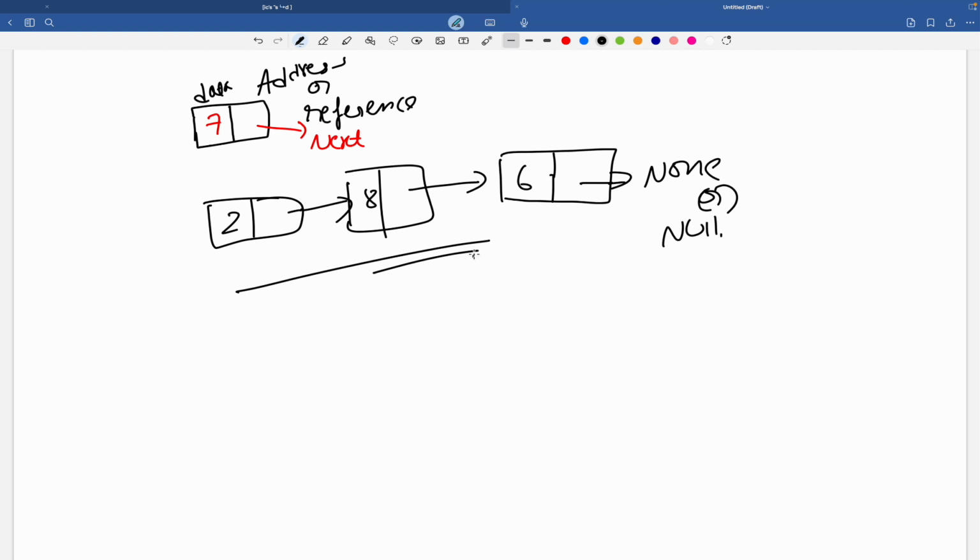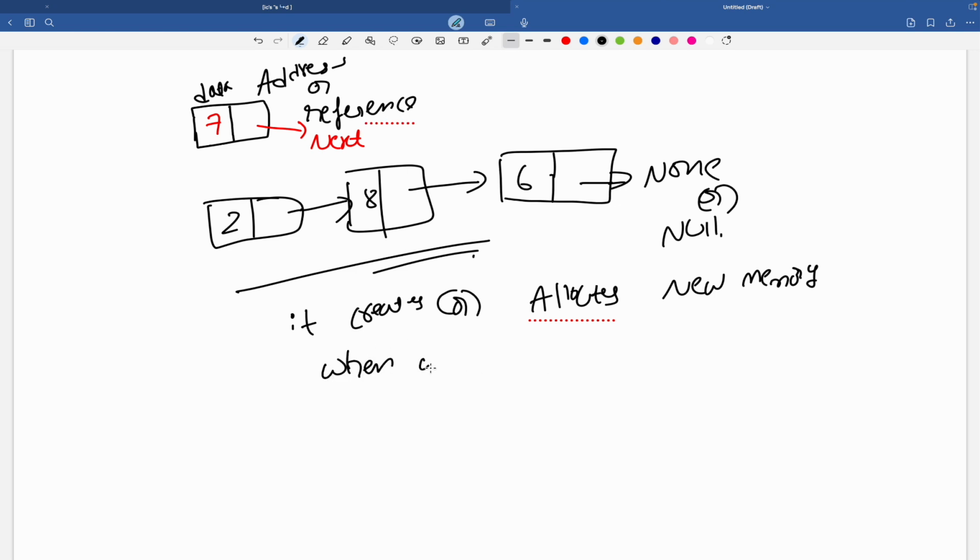So why do we need to use the linked list? A linked list is of dynamic size, in which we can create as many nodes as we want according to our requirement. And a linked list is dynamically allocated. What dynamically allocated means is that it creates or allocates new memory when we